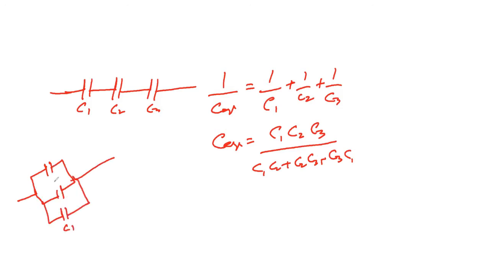And in parallel, if you want to connect these capacitors in parallel, then the capacitance value will be the sum: C1 plus C2 plus C3. Okay, this is for this. Now the question is,